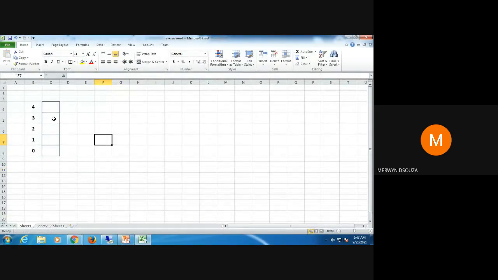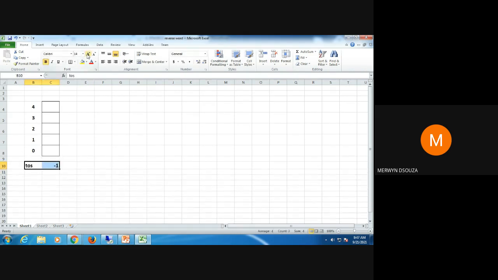Consider this as a stack. Consider that the size of the stack is 5. Initially, we have the top of the stack equal to -1. So initially, this is the case.